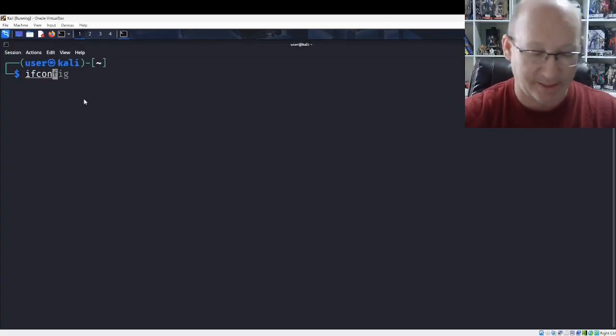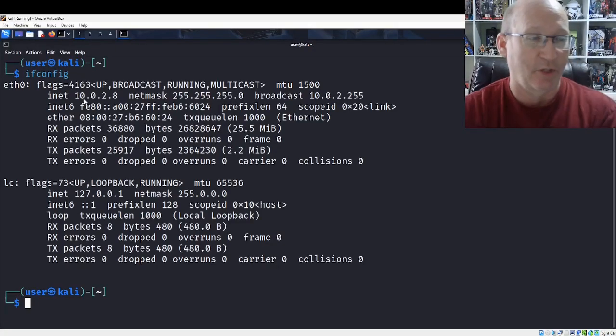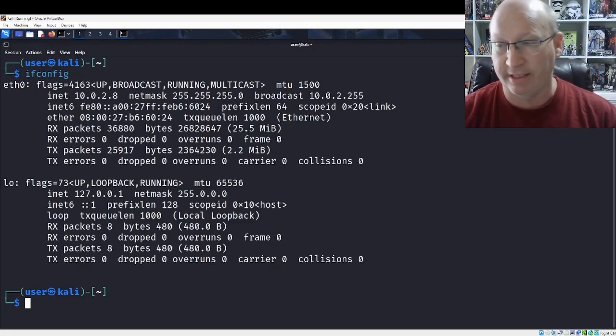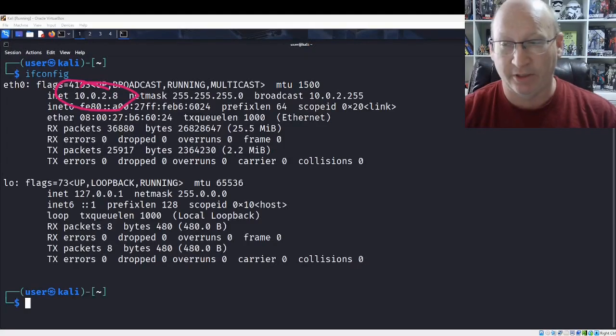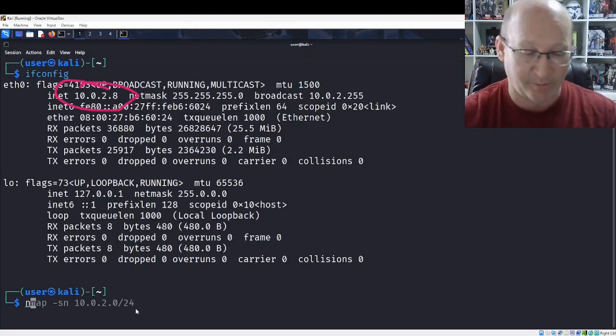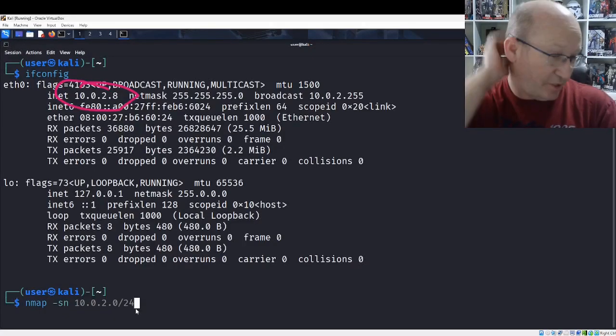This is going to give us our IP address, just like so. We know we're operating on 10.8. For those that are brand new to this, let's circle it for you. There it is, 10.0.2.8. Now, we're going to use nmap to find out where we are. Nmap is going to do a -sn scan,